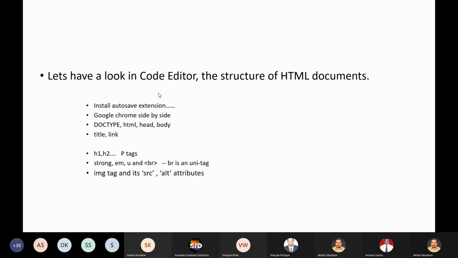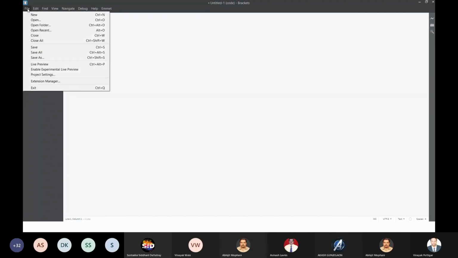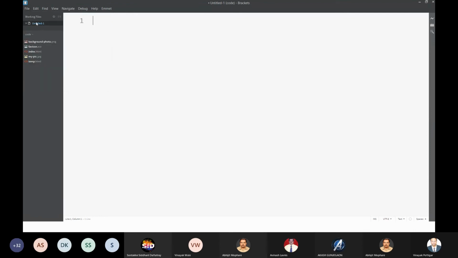Okay, so within this folder we will be creating several files, correct? I have already created a few files. So how to create a file? You just go to the file menu and click new, and a new file will be created, which will be untitled. Then right click it. What I have done is I have created one folder, I have opened that folder, and within that folder I have created one file.